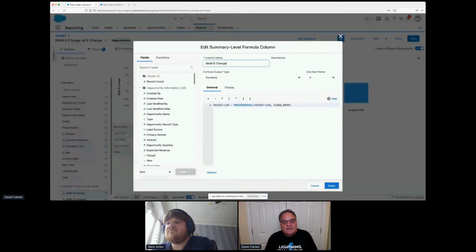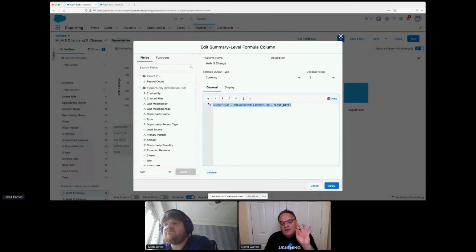And this one with a $ change, it's a pretty simple formula. It's simple to write. Where people get caught up is this prevGroupVal function, which is a little bit in the deeper end of the swimming pool for complexity, but not that bad. It's basically saying in the current grouping, take the amount and subtract the amount in the previous grouping. That's all this is doing, and basically return that as a column called month over month change,